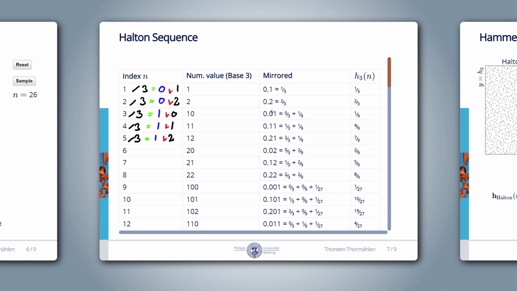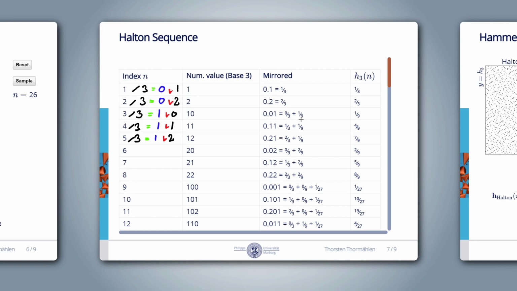For n equals 1 or 2, we don't have a contribution here, and we are already finished after the first digit. In the algorithm, we can see that we are finished if the integer division by the base returns 0. See here, it's 0, and so we are ready. Otherwise, for the second digit, we have to move from a weighting factor of 1/3 to a factor of 1/9. This can be achieved by dividing 1/3 by the base 3, which gives us 1/9.